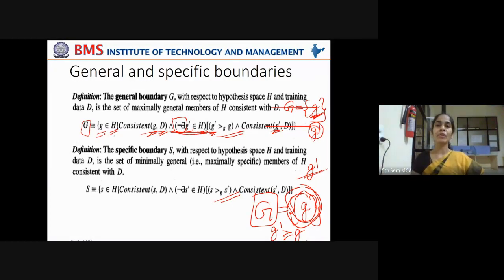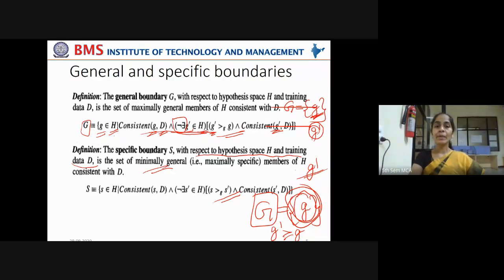It doesn't make a boundary set. Got it? Now the same definition applies for the specific boundary, the other way. Simply placing all the opposite terms in the definition will give you the definition of the specific boundary S. Let us read it. The specific boundary S with respect to hypothesis space H and training data D is the